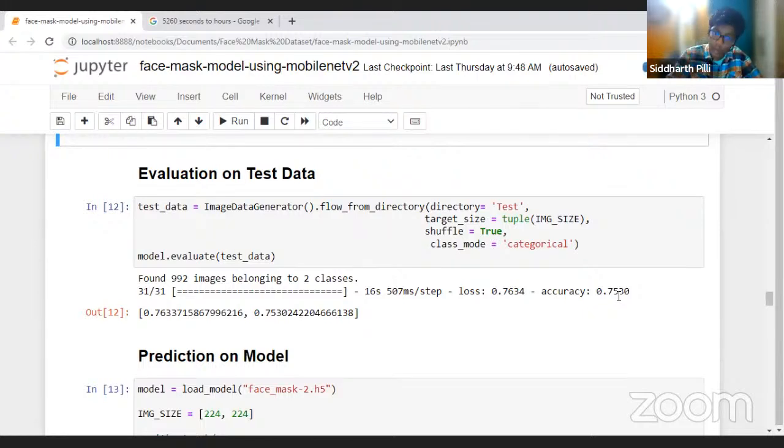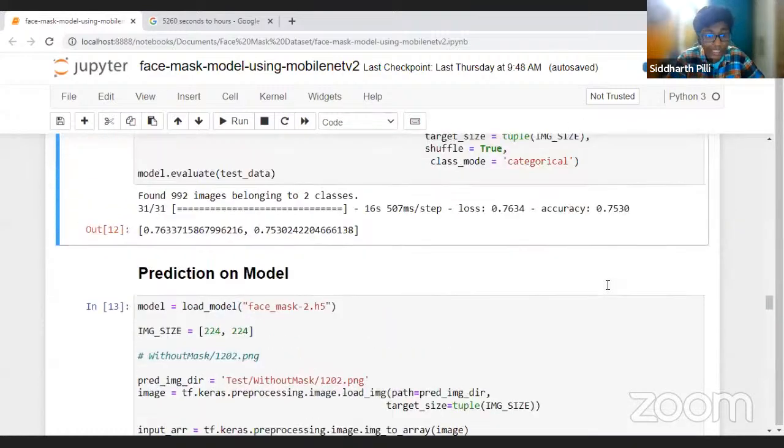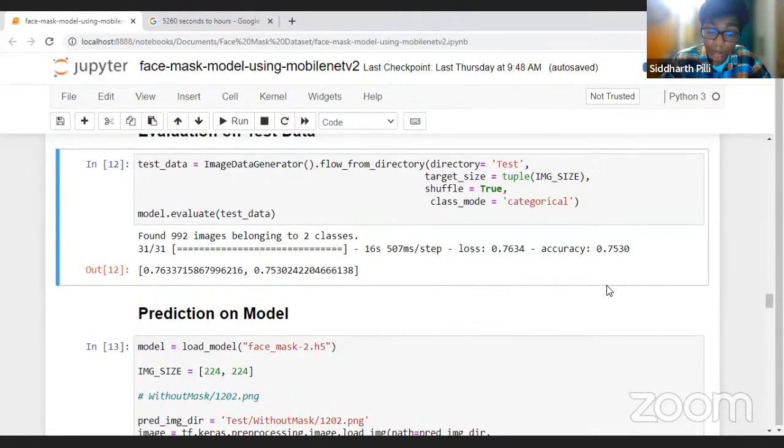Again, this accuracy can be improved, but it's going to need a bit more optimization, and you have to use different types of layers as well. But just to keep it simple, I think 0.75 accuracy on test data is more than enough. And that's basically our neural network out there. So this is our complete neural network.